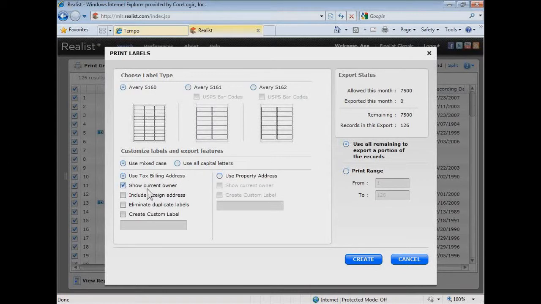There's some different things you can do down here to customize these, whether you want to use the tax billing address or the actual property address, of course, is up to you. Do you want to show the current owner? Do you want to include foreign addresses? Do you want to eliminate duplicate labels? Perhaps you have investors who own multiple properties and you'd like to eliminate the duplicate labels, or you can also create custom labels down there at the bottom. So you're going to do all that right there from the little window that pops up, and then out here